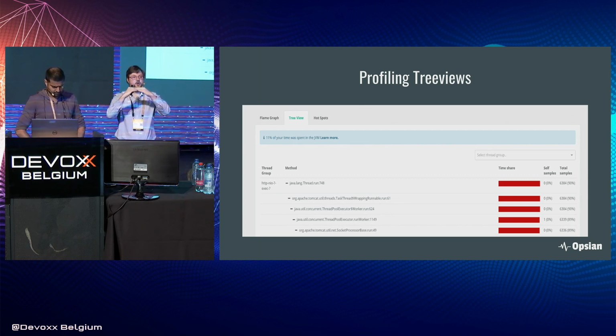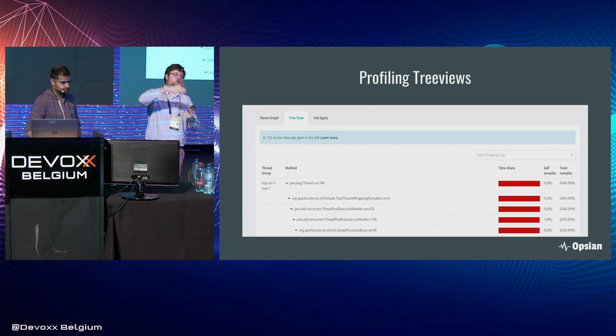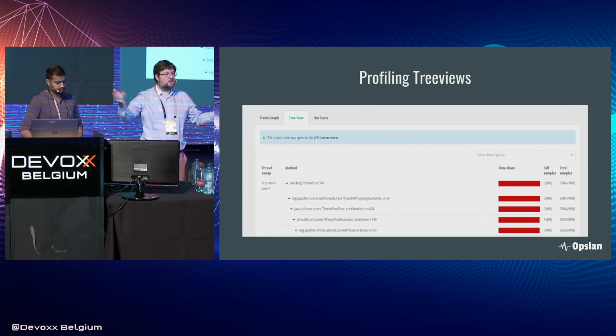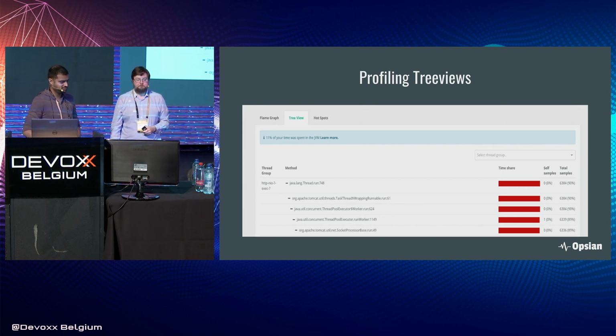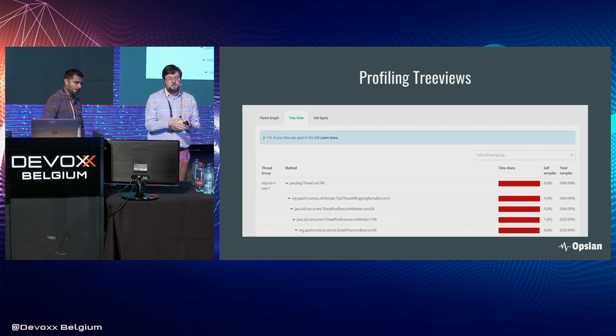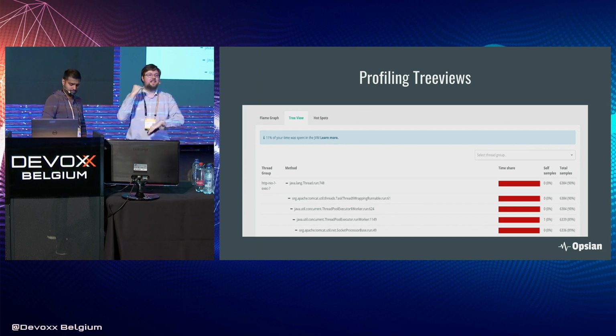And then whatever in the tree is a parent is a method that's calling its child. That's what the tree relationship gives you. And obviously it's a tree rather than just a list because methods can call multiple methods over time, right? That's how software works. Within the tree, you can also distinguish between, for example, self-time, time spent within a method, and total time. So that's time spent on that method and all its descendants in the tree.